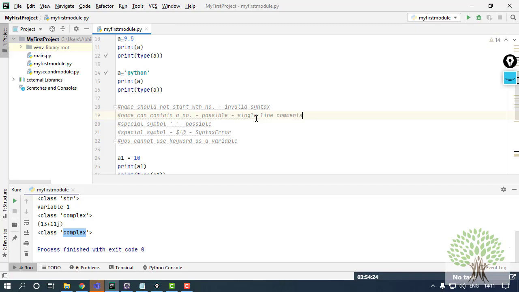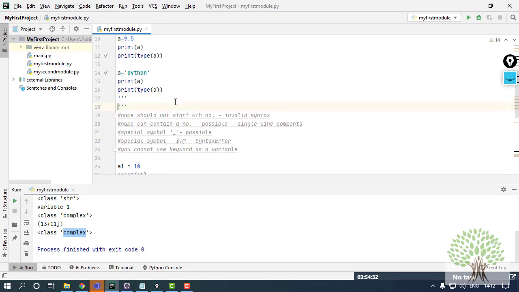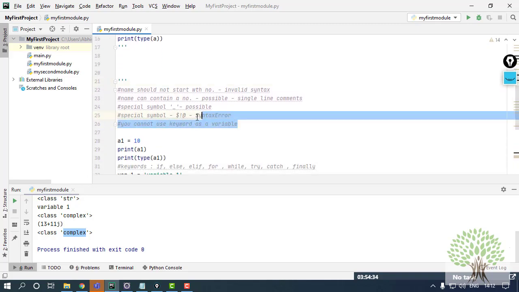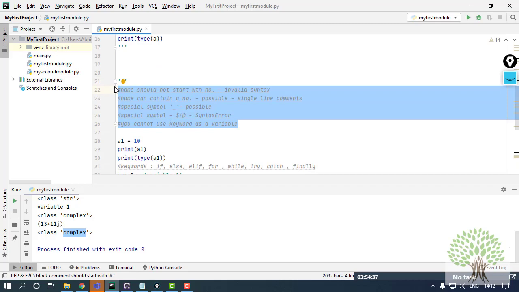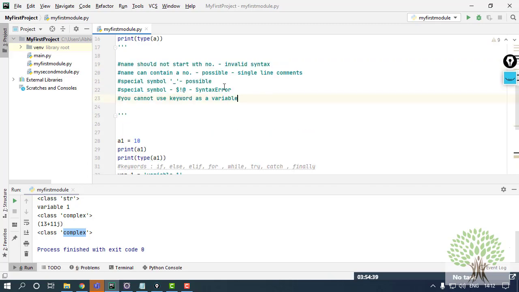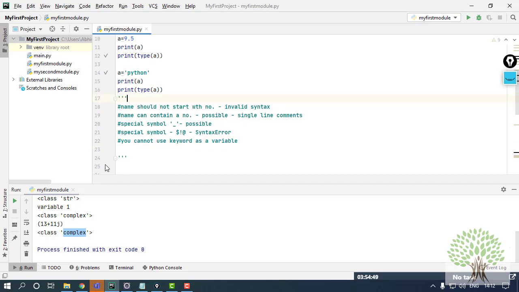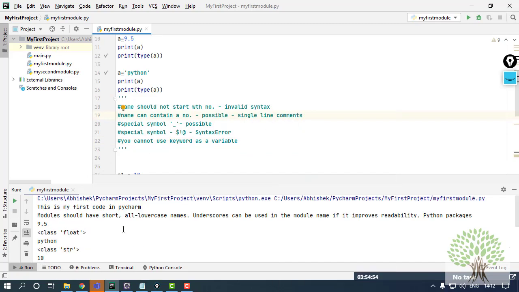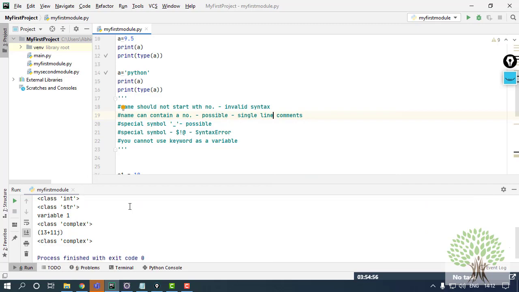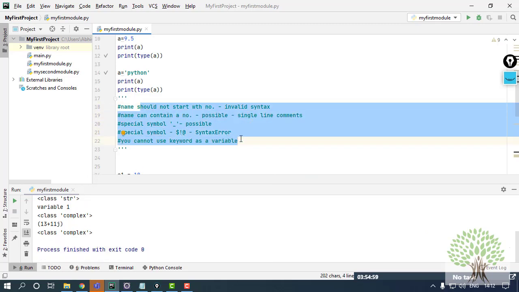All the comments that I have made, the gray lined statements, these are the single line comments. The same way, there is another type of comment, which is a multi-line comment section. By using the 3 single quotes, this becomes a multi-line comment section. The color is different, you can see yourself. Whatever will be included in this block is not going to be executed, nor is it going to be printed. If I run it for you, you can see over here that I am not able to see these lines, the rules that I have written.